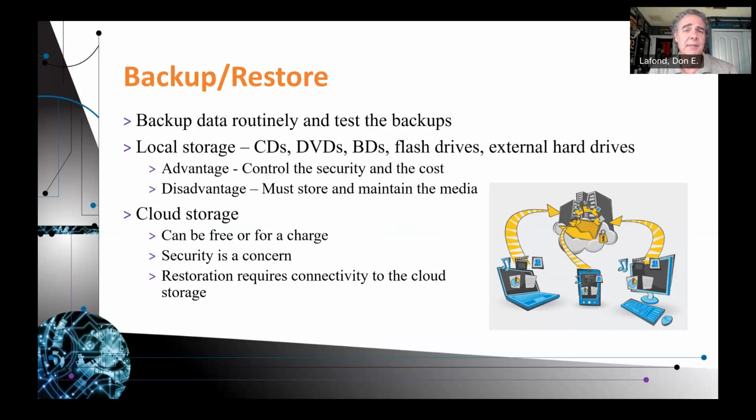So you need to make sure you store those devices remotely, or you can go cloud storage. It can be free or for a charge. If you're at a corporation, nothing's free. There'll be a cost. But maybe for your home, you can get maybe 500 megabytes for free. I know Microsoft Office 365 comes with 1 terabyte of storage. That might be enough for many users. It's not enough for me. I store more than half of that on my USB drive, just the stuff I use.